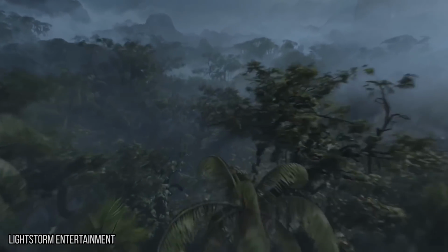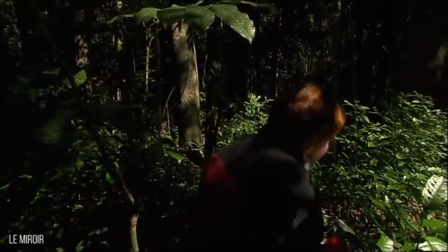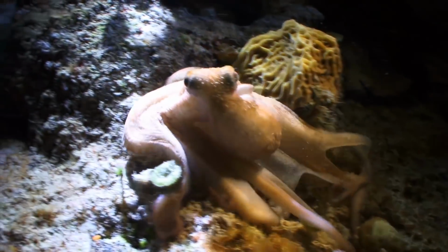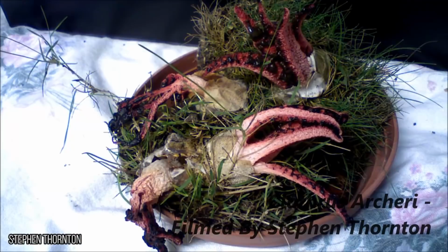When you're exploring the wild, it can be exciting to come across something you've never seen before. But sometimes, it's wise to temper your urge to get up close and personal to something new. You never know when you'll encounter something especially dangerous on your travels, and we'll show you a few things you'll